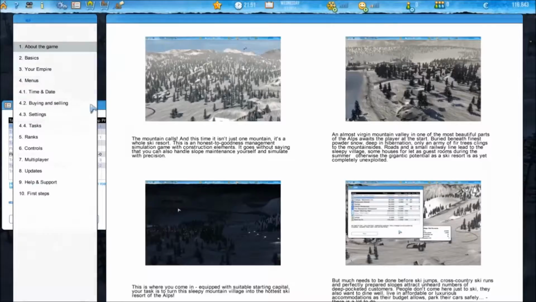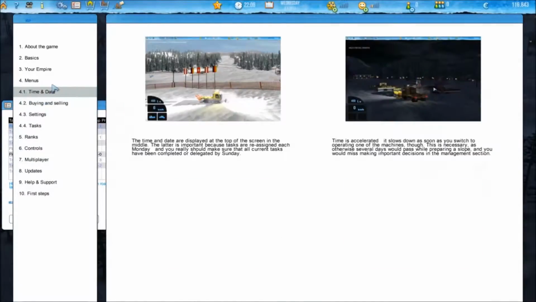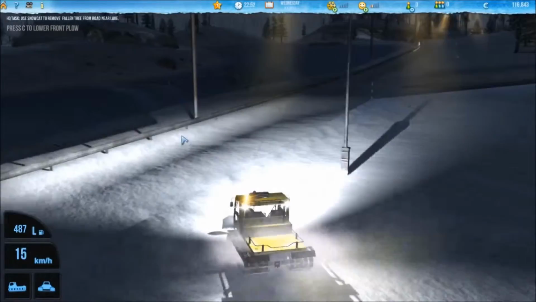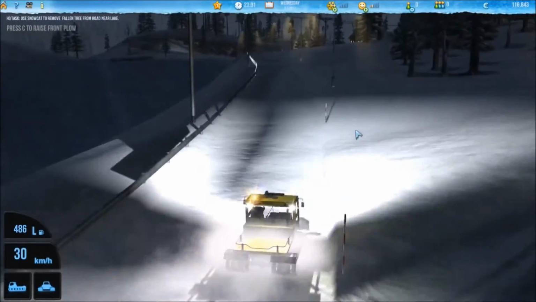Ski World Simulator. I could not figure out what to do. Half the time it started me in a vehicle, and the other half the time I was just staring at the world map. So I looked at the help, but it was just like the edit mode for PowerPoint. I did find out that you have to use your vehicle to do these tasks that you are assigned every